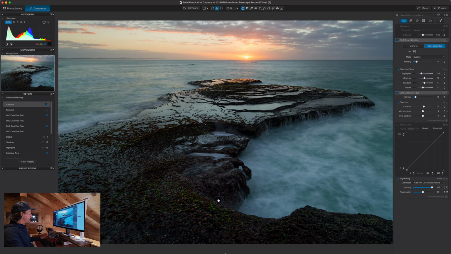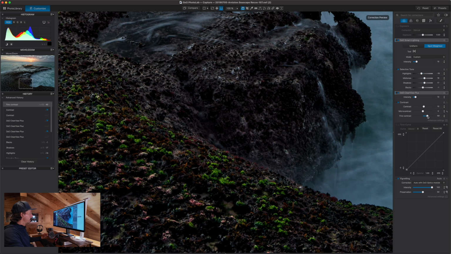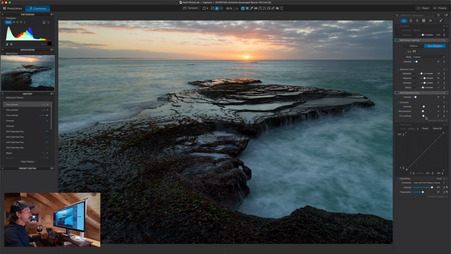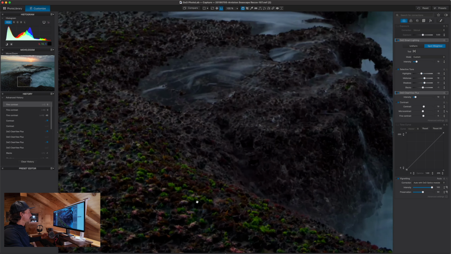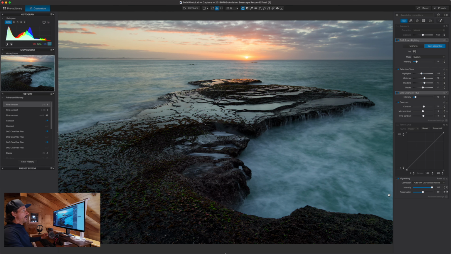Anyway, sorry, I was going to add just a little bit of fine contrast for the fine details here. I'm going to do that too much so we can see what it does. We need to zero that out. As you can see, in DxO really small adjustments make a big difference. So let's do that in history. Overall you can't see too much, but if we zoom into 100%, you can see it just brings out a little bit of extra sharpness and macro contrast or fine contrast in those detailed areas there. Tone curve,